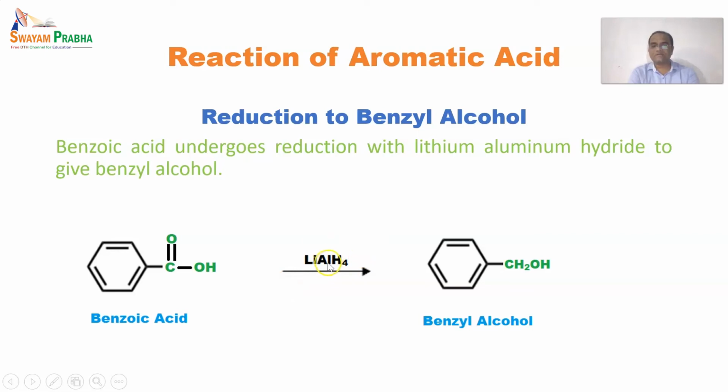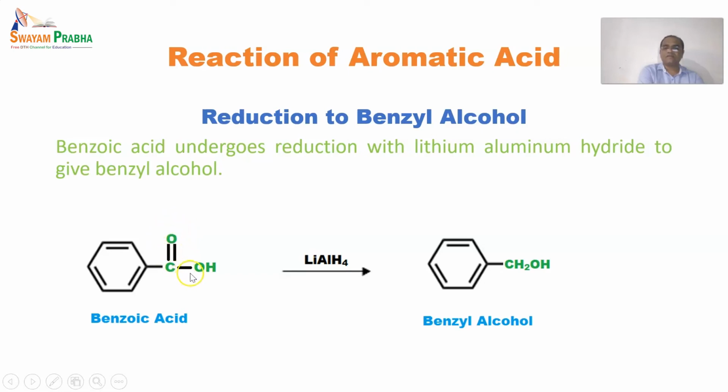If we come towards the mechanism of this reaction, this aluminum is metal in nature, and lithium is also a metal in nature, but it is not so strong as compared to aluminum. So this aluminum, whenever it liberates a hydride ion, so hydride ion means H minus ion, and this H minus ion has a negative charge, so it will come towards an electron deficient carbon, because this carbon is electron deficient, having an adjacent